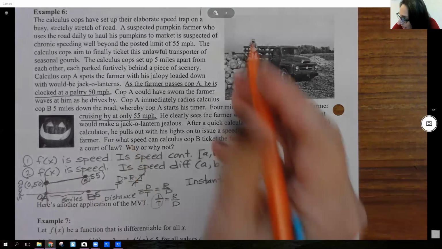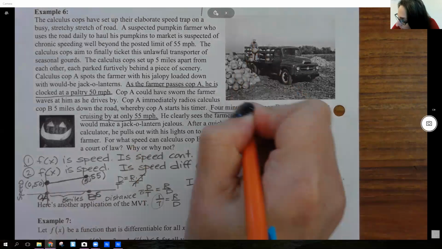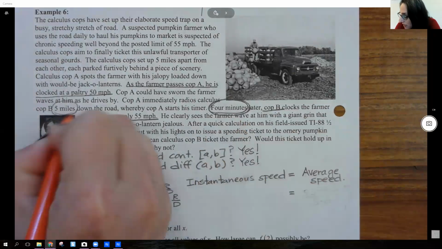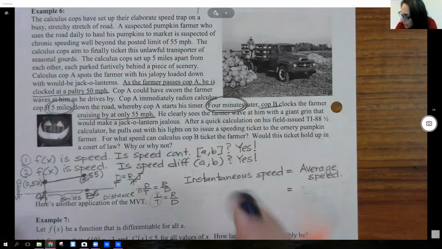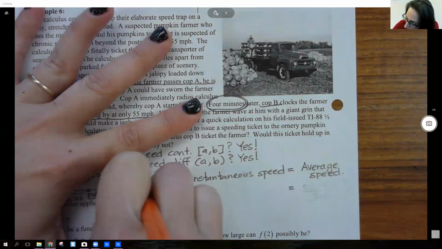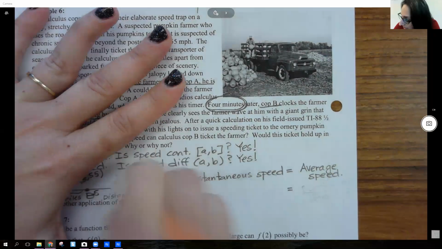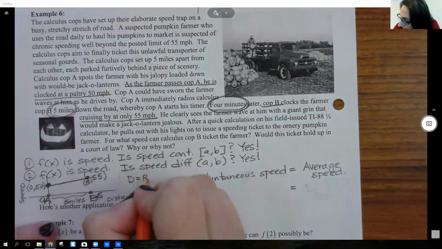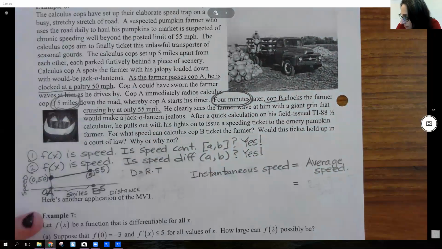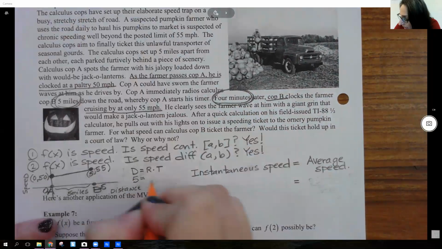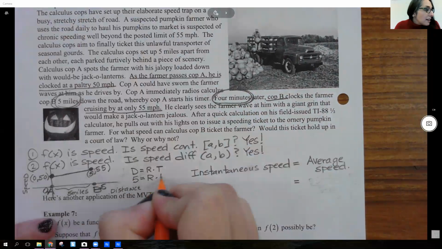Good eyes. That's right. They did say 4 minutes. Yeah, 5 miles in 4 minutes. So that's where I can do my distance equals rate times time. So if distance equals rate times time, and he went 5 miles in 4 minutes,